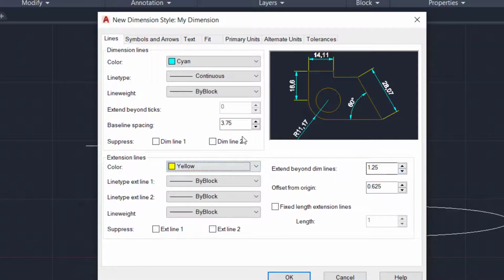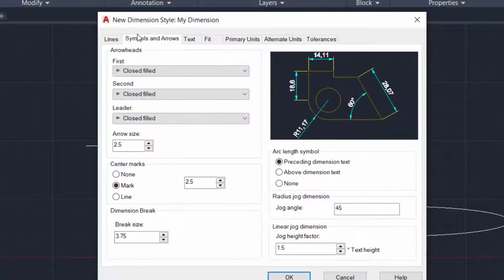And the extension of the extension lines beyond the dimension lines, that's over here. So 1.25, you can increase it to increase the extension beyond the dimension lines, and the offset from the origin as well over here. So when it comes to the symbols and arrows panel,